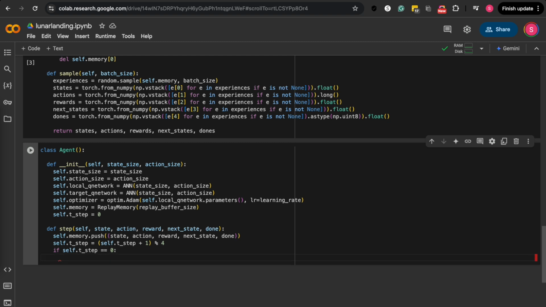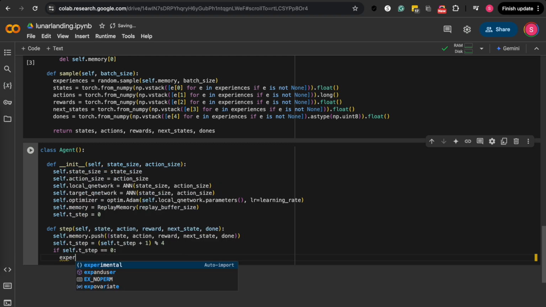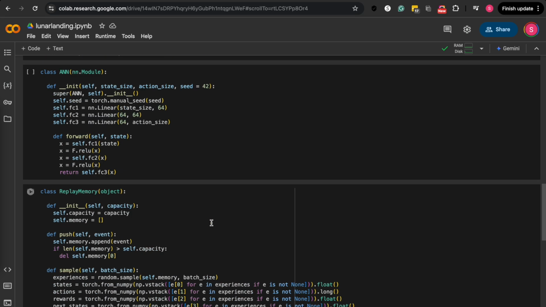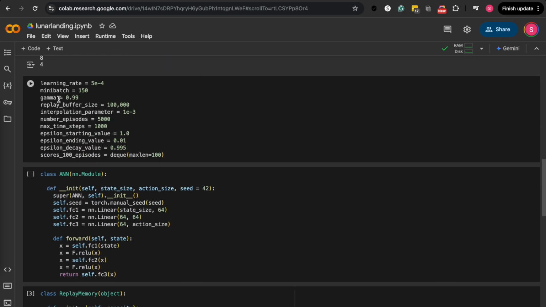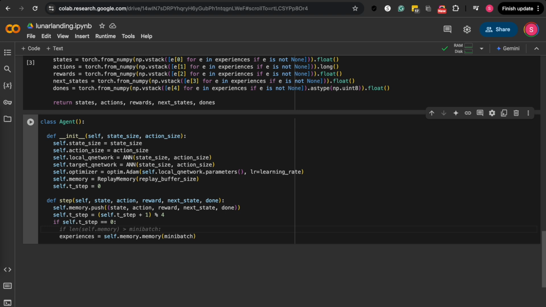So in order to train the agent, first we'll get the random experiences from the memory. So experiences, mini batch, and our mini batch size is 150. So before we select these experiences from memory, we need to ensure that memory has at least these many experiences. Okay, so if